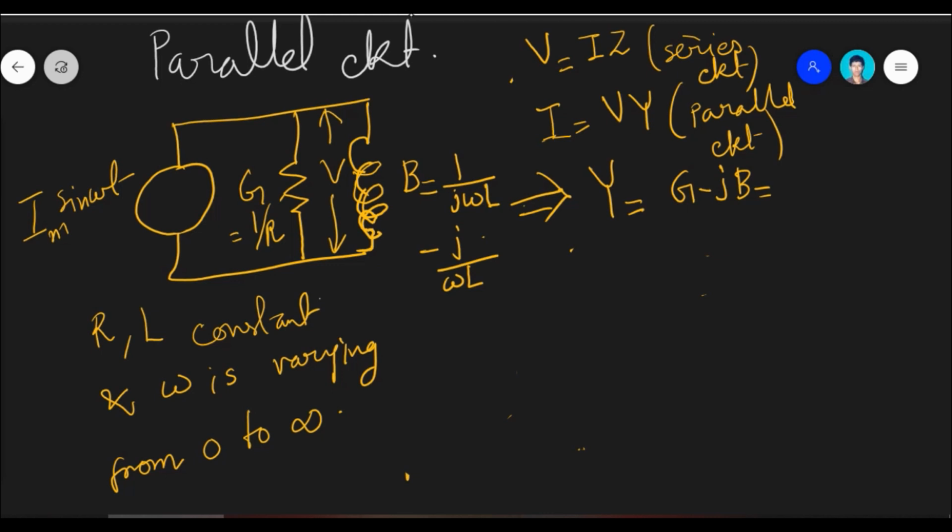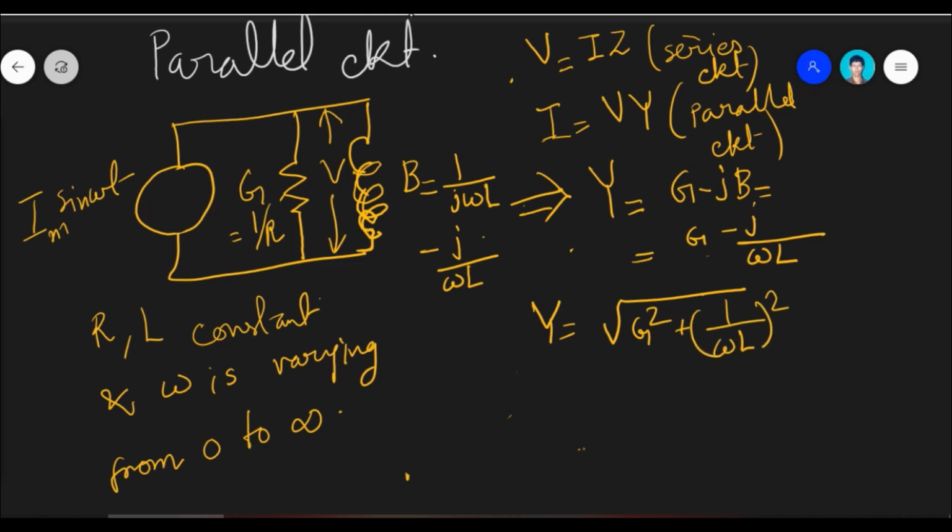So let it be G, but the other part B. And now see, the admittance of the RL circuit almost looks like the impedance of a series RC circuit. Admittance of a parallel RL circuit looks like the impedance of a series RC circuit. Now this thing can also be written like this. And what about the angle? Angle will be